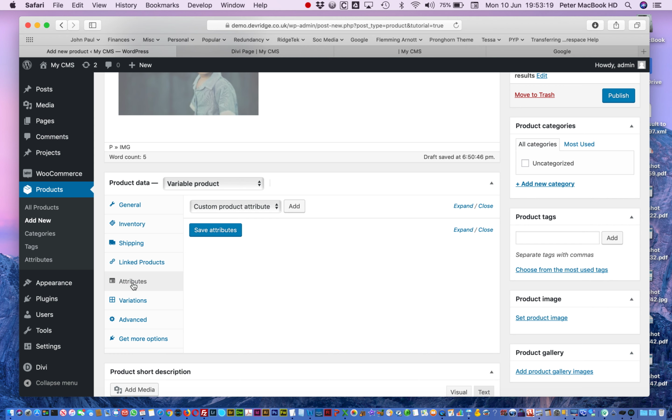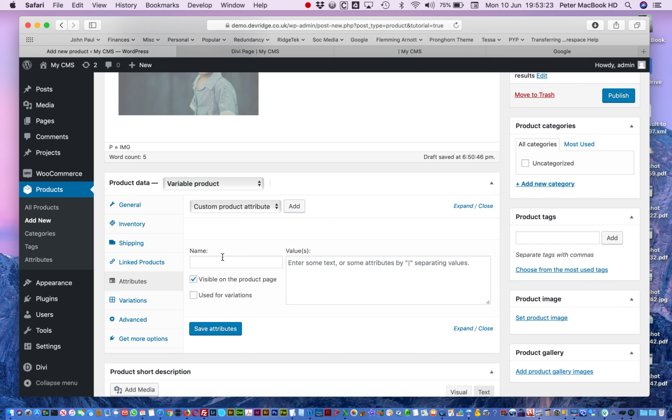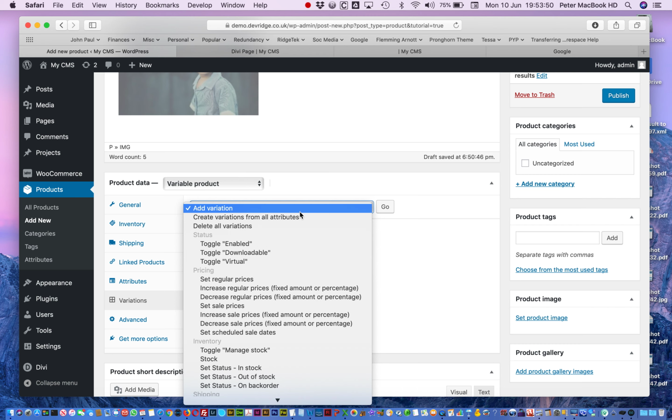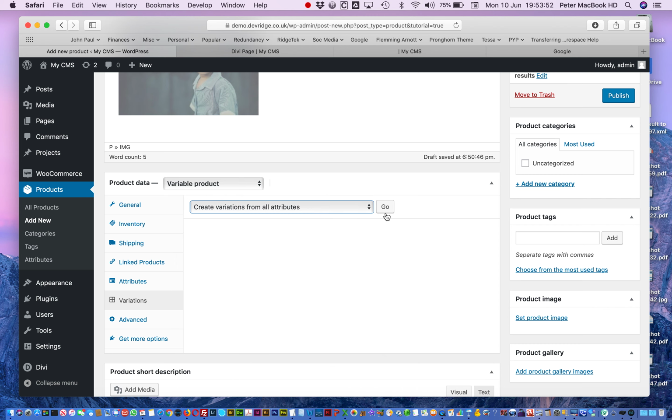Next one is attributes. So this is where we will set our attributes. So this is where we said about scarves. If we want to set the color, we would set red, and we have to separate it with the pipes sign, red, white or blue, and then we just click on use for variations. So this is where we can specify different prices if we want to. So we save that, okay, and when I go into variations now, it will have an option there to add a variation. So I'm going to create variations from all attributes, click on go,